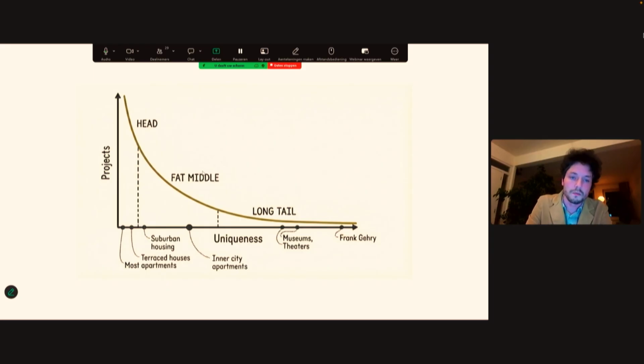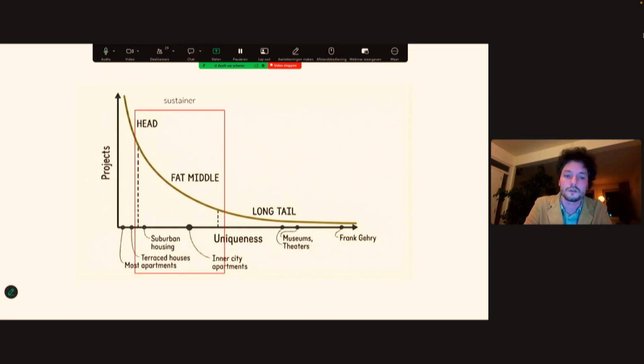Then there's the main bulk of all houses, which is a little bit more unique, but not very special. And then there's the very special buildings, like museums and theaters, and they are almost impossible to prefab. So almost all modular builders focus on this first area, on the projects that are the easiest to prefab, and we don't do that.